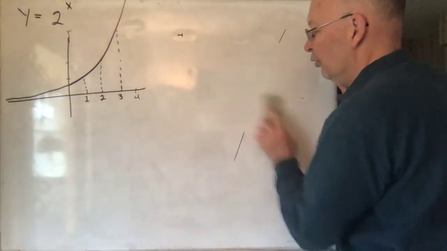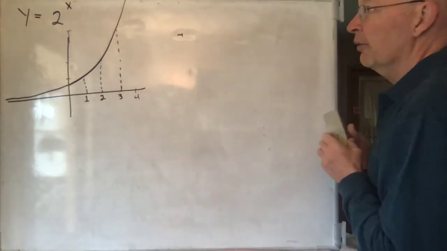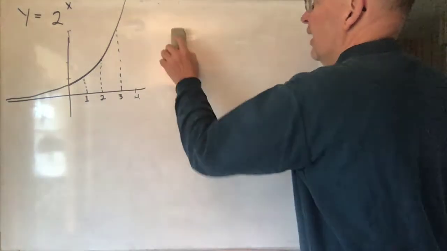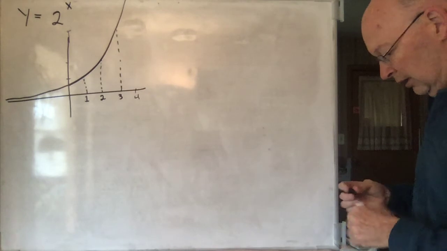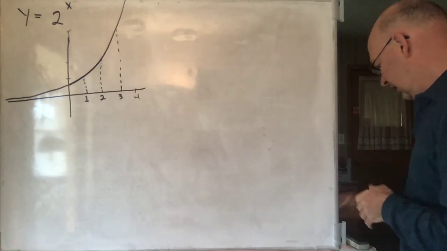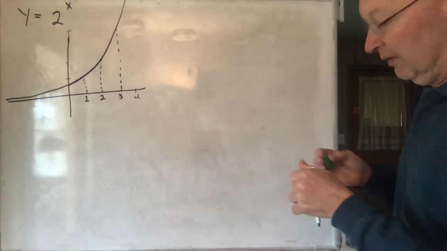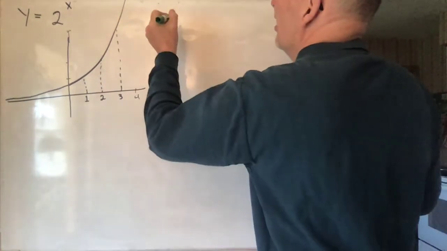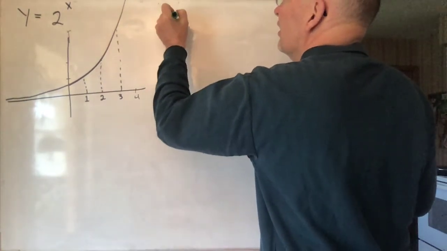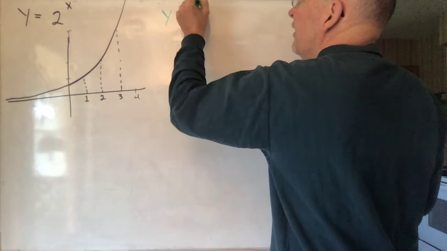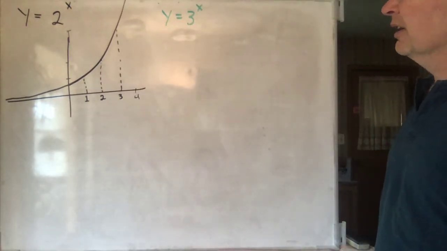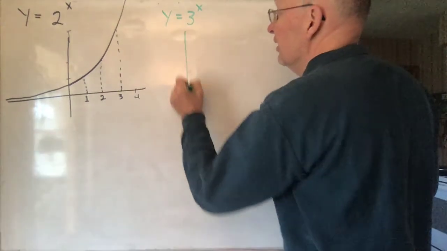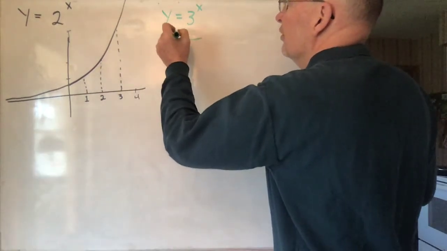What if instead of 2 to the x, we wanted to graph 3 to the x? How would that look? This is where another marker would be handy. Let's see if this one works. Very good. Y equals 3 to the x. You can pretty easily see it's going to look very similar to 2 to the x,